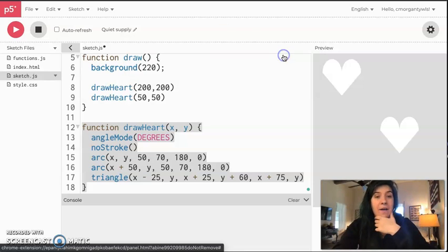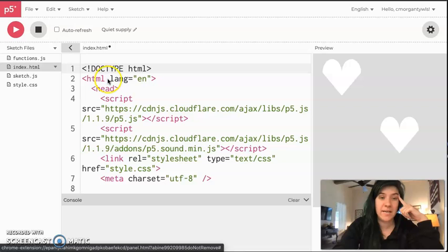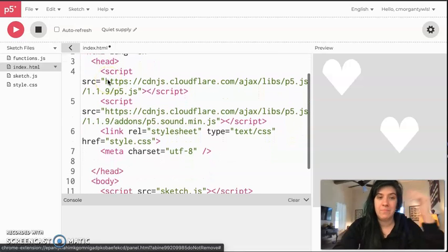And then I'm going to click add file, and it's going to add right here. You'll notice that it alphabetizes nicely for you. You know you've done this correctly if now you see 4 files instead of 3. So my next step is going to be to go to index.html, and this is like the building blocks of